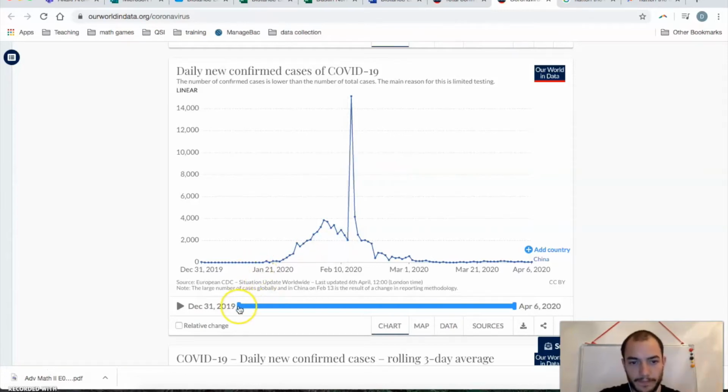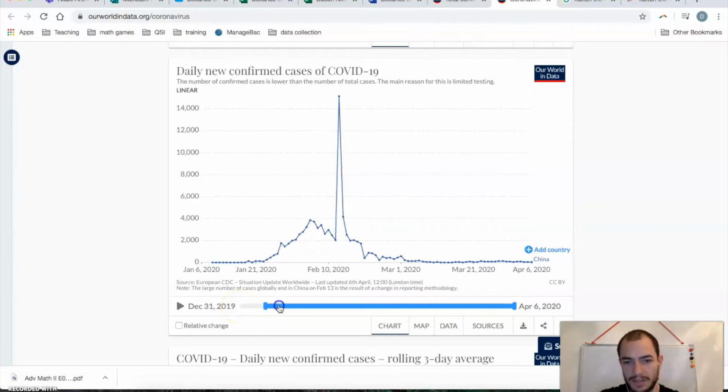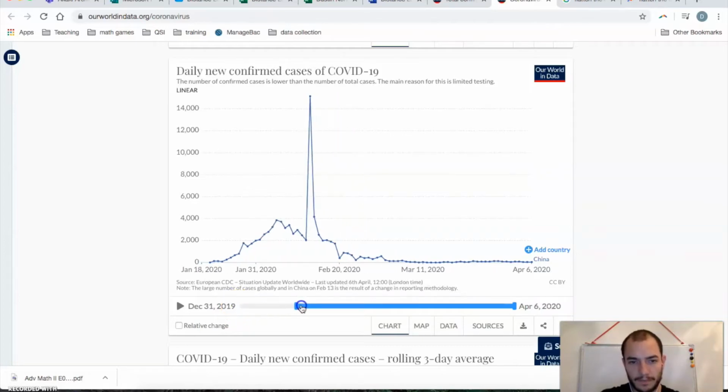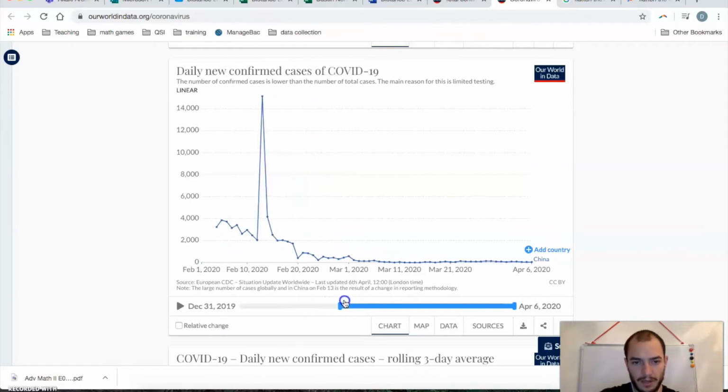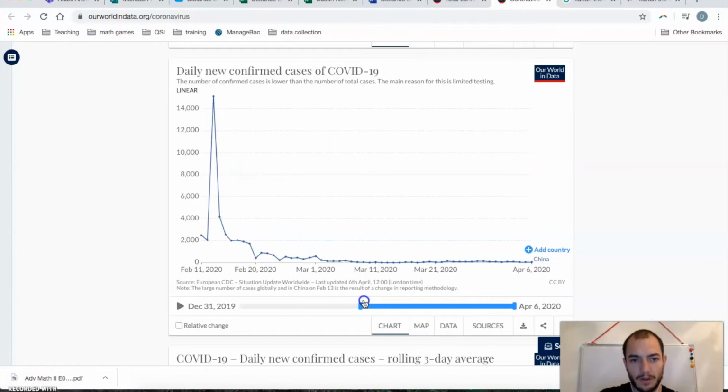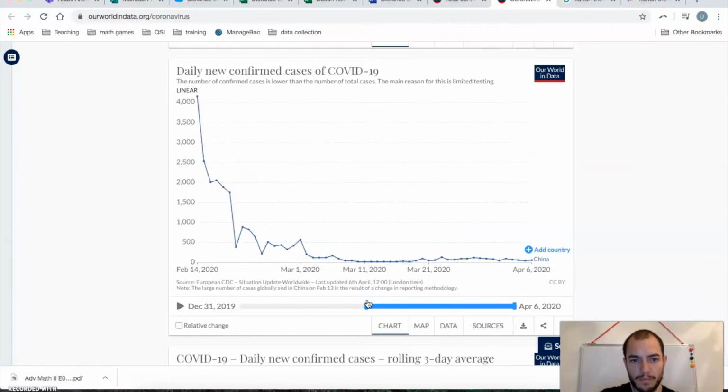So I'm going to change the x-axis, or the time axis, so that we are ignoring the exponential part, and we are just looking at the time period when the curve was bending and flattening, as they say. What you might notice by looking at this graph is what appears to be exponential decay. It's a very sharp decrease, and then it starts to smooth out and gradually flatten out and approach numbers that are pretty close to zero